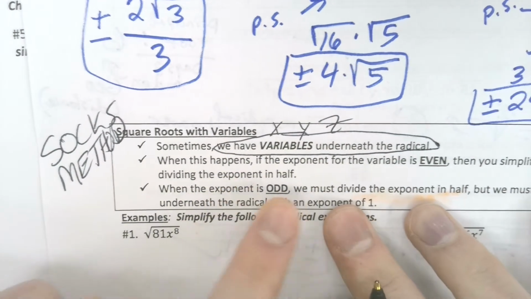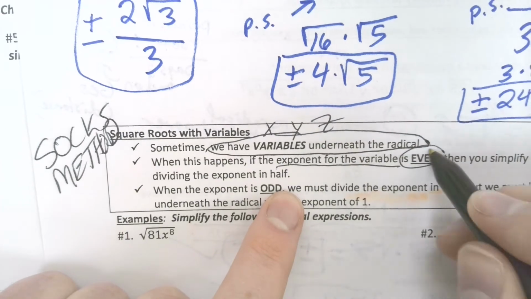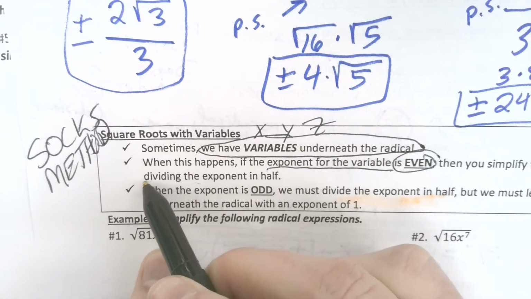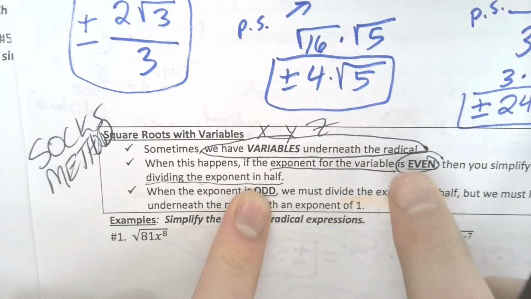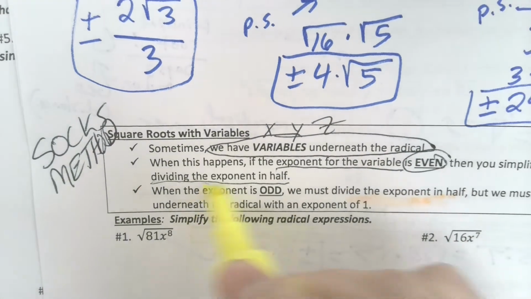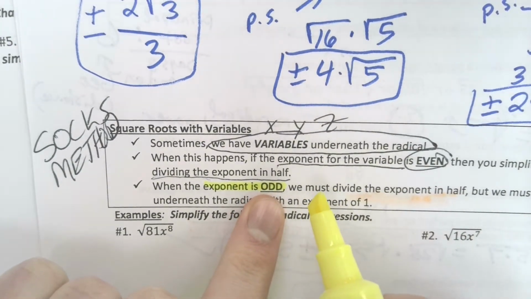When this happens, if the exponent for the variable is even, then you simplify that exponent by dividing it in half. Here's the problem. If the exponent for the variable is odd, you drop it down to the next number,